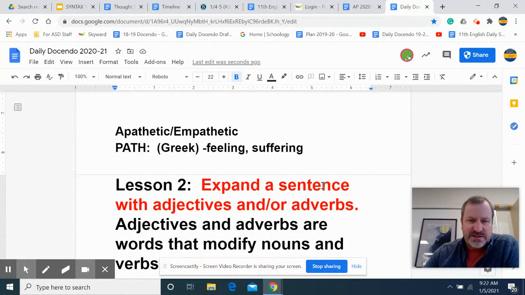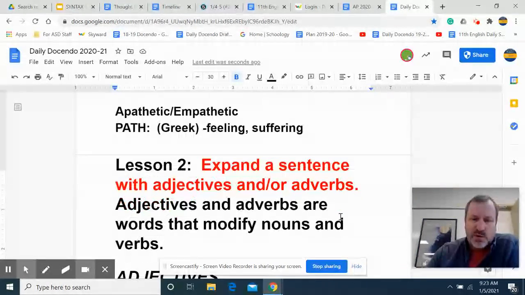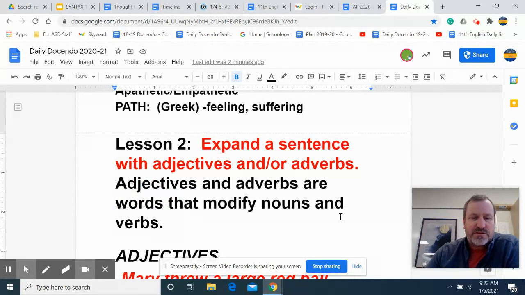Okay, now lesson 2 for syntax. Obviously, one of the most common ways we expand sentences from basic subjects and verbs is we add things called adjectives and adverbs. This is very, very basic review, but we want to build on this, obviously. So we know, or at least we should know, that adjectives typically modify nouns, right? So adjectives typically come before nouns. The blue car, the small car, the happy student. And then adverbs modify verbs. And again, they not always, but typically end in ly, and they typically come after. Again, there are exceptions, but for right now, we're just talking very basic ideas.